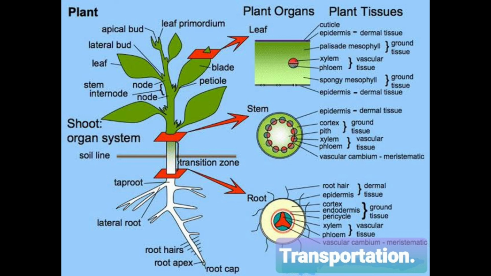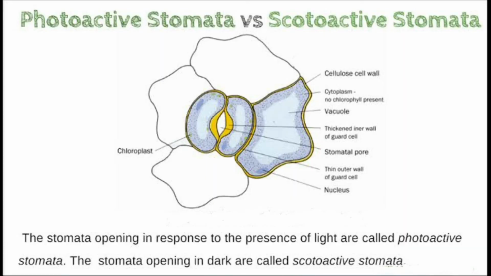And then another topic that is called photoactive stomata and scotoactive stomata. What is photo? Photo means sunlight. Active means that during sunlight, during daylight, stomata are active, meaning they open during daytime and close during nighttime. And then scotoactive stomata. Scoto means darkness. Scotoactive stomata are the stomata which are usually open during night time and remain closed during the daytime. You normally see these in desert plants, CAM pathway plants. These are all things we discussed in the first year class.